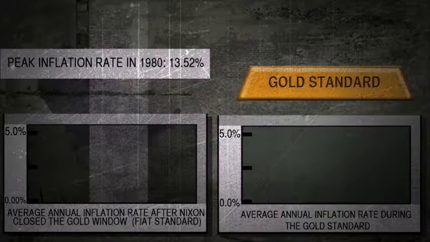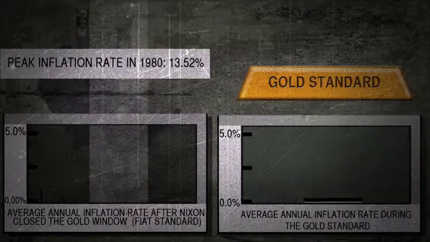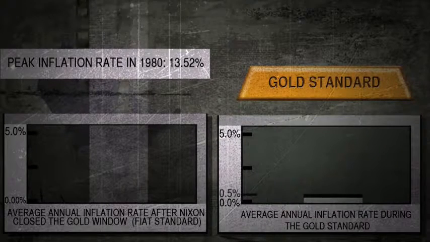By contrast, inflation under the classical gold standard was never in double digits and averaged only 0 to 1% per year over the long term. A common objection to a gold or silver standard is that there can be random shocks to the supply or demand curves for metal, and that these will make the purchasing power of metallic money unstable. But historically, this was not much of a problem.